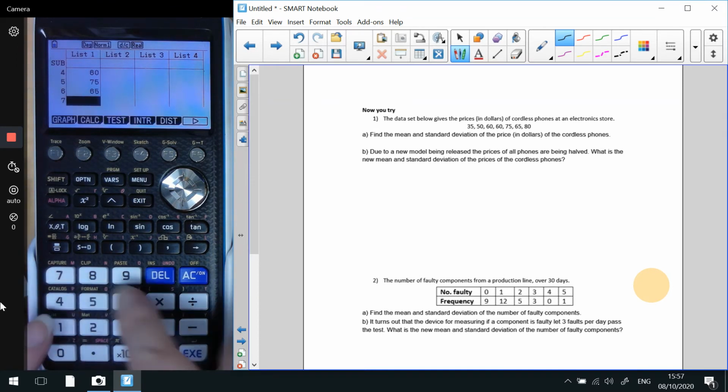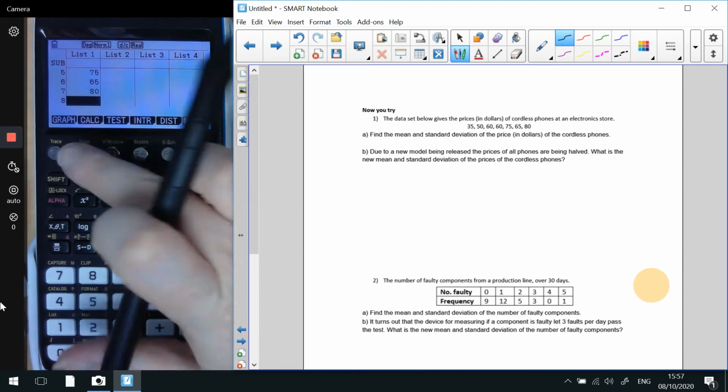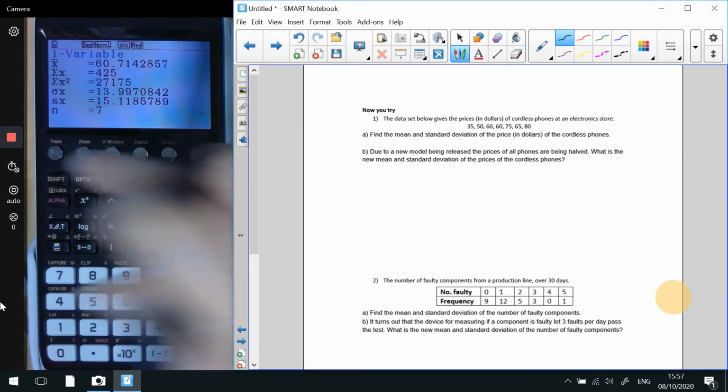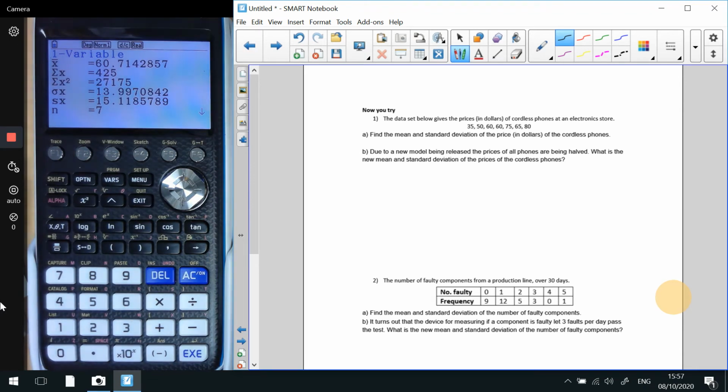Remember that now we've gone back to a list of data, so that should say list 1-1, and we end up with a mean of 60.71 and a sample standard deviation of